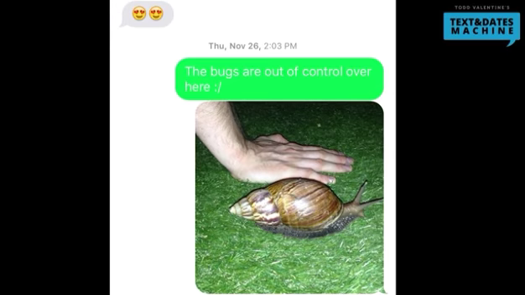Cool. Again, if there's a really good thing to engage on, by all means do it and get that conversation going, but there's no need to push the conversation here. There's not a lot to achieve, so I just wait till something else cool comes up and then send her that. So I send her a picture of this massive snail, say the bugs are out of control over here, right? She didn't even respond to that one, but it doesn't matter because it's just value offering. It doesn't require a response. So if she doesn't respond, she doesn't respond. Meanwhile, I had other girls that I'm also texting these things to, so she's not the only one. So, no response there.